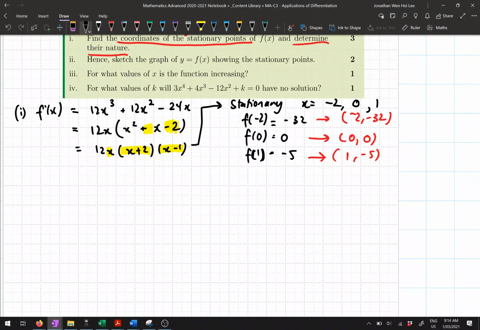So guys, let's differentiate again. So if I differentiate again to get the second derivative,